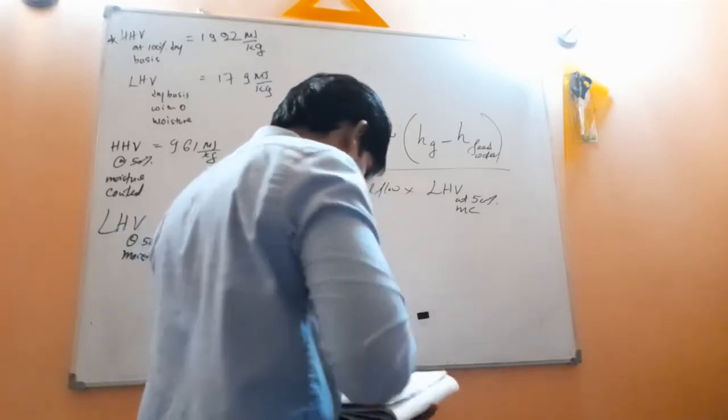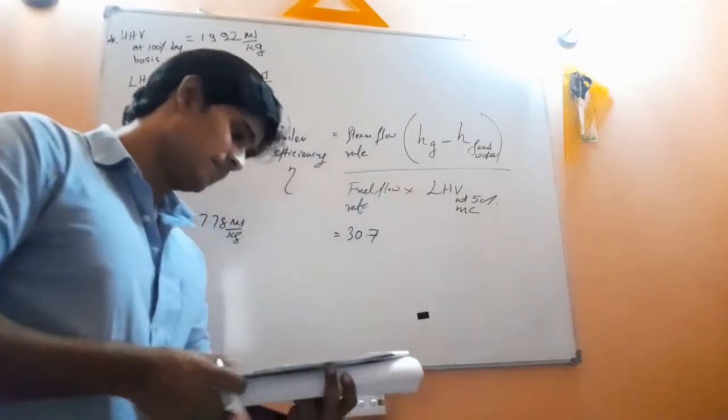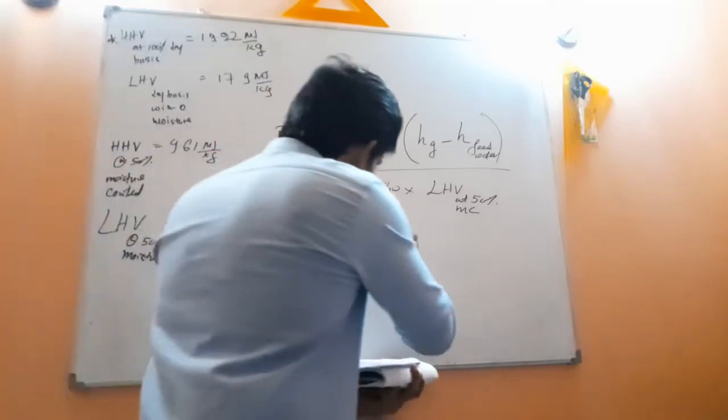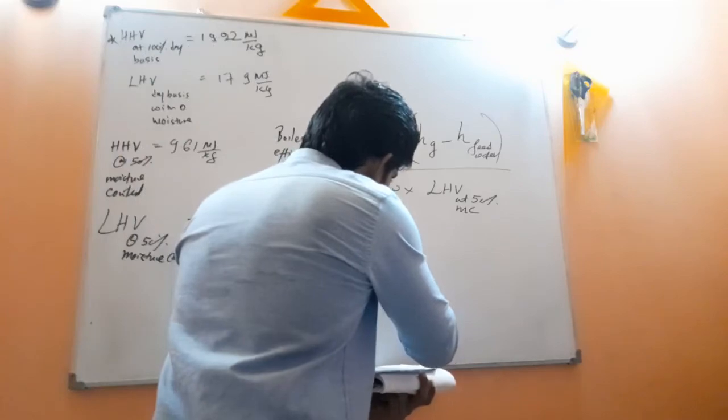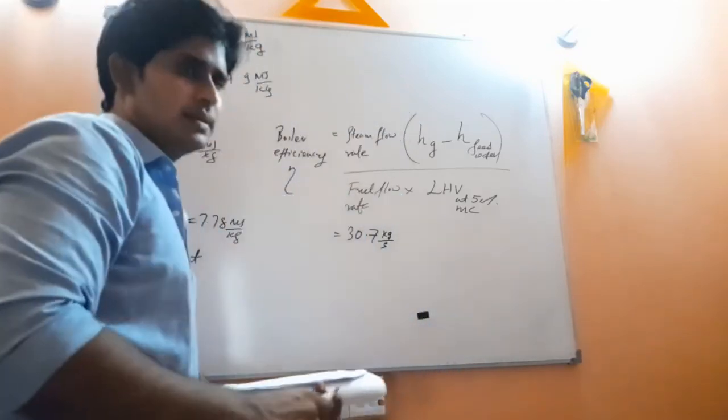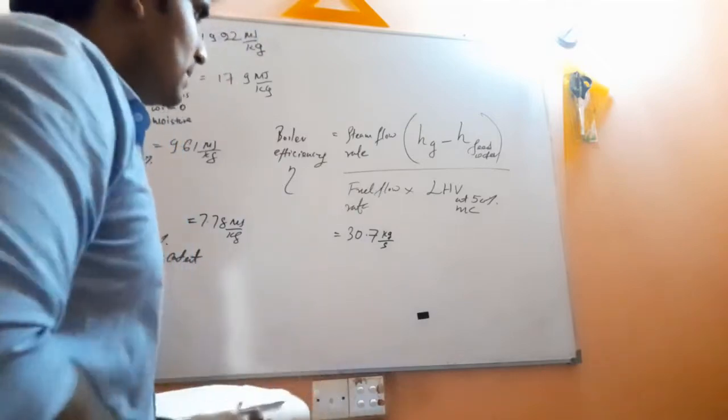What is the unit? Because you have to be very careful about the units. Kilograms per second. Okay. Because the units of steam flow rate and fuel flow rate must be the same value,